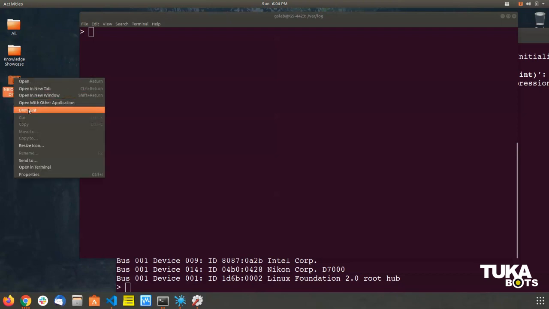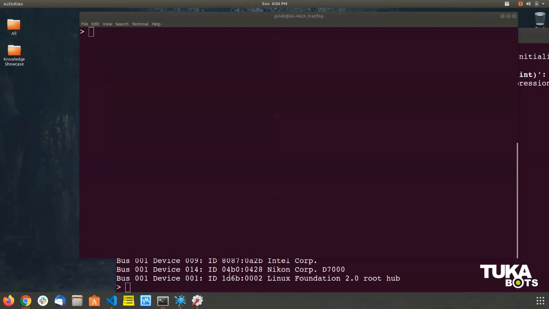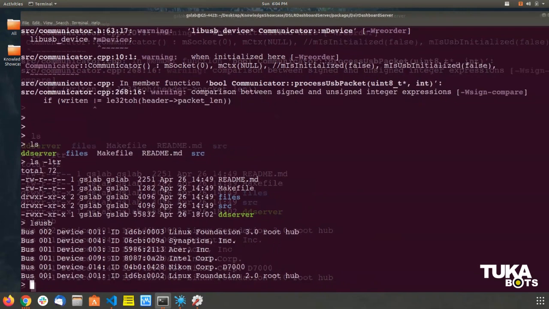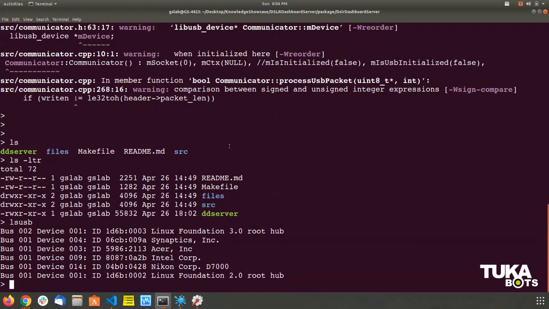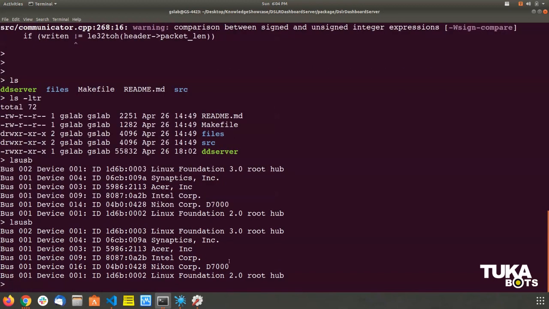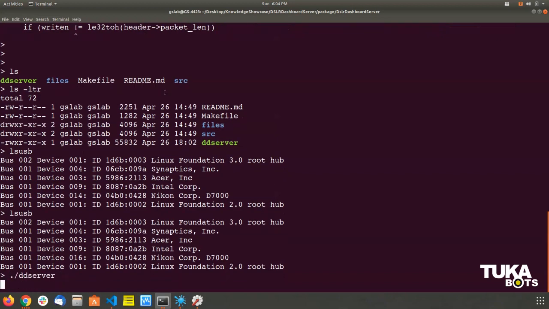So I will just unmount it like this. Now if I go and check again, still I will get the camera because my camera is now with PTP protocol, and my DQD server will be able to connect to this over PTP. Now let's see how we can run the server. So it's simple. I'm just running the server.